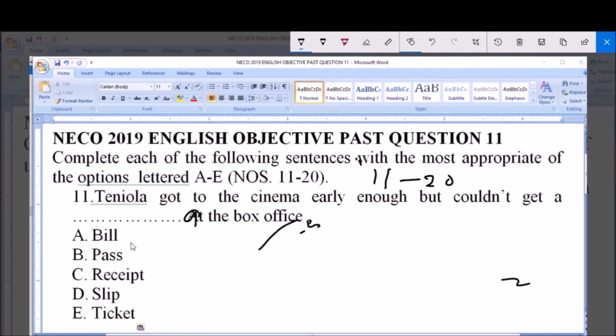Option A, bill. Option B, pass. Option C, receipt. Option D, slip. Option E, ticket. Option A, when we talk of bill, bill means payment